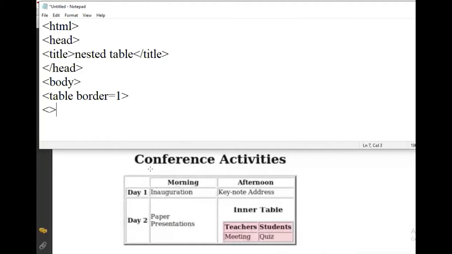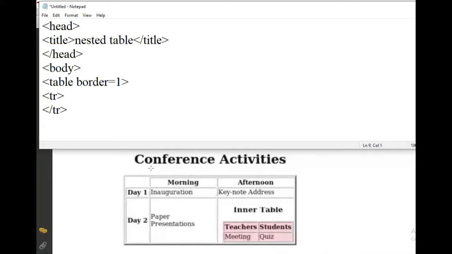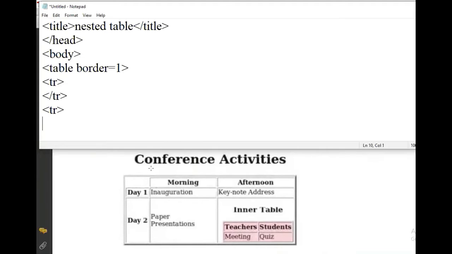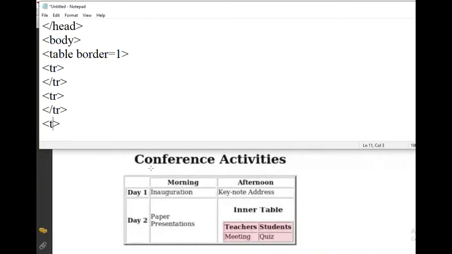So here first row end, row complete, second row tr close, this is table row, third, this is third one, and one more we are going to create, that is fourth and last one wherein we are going to use one more table.